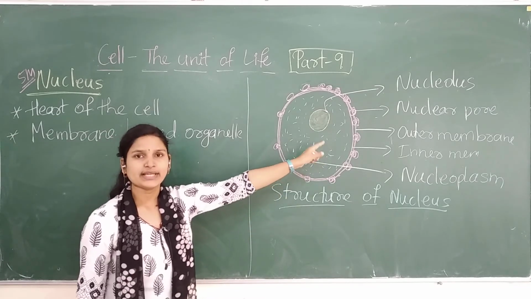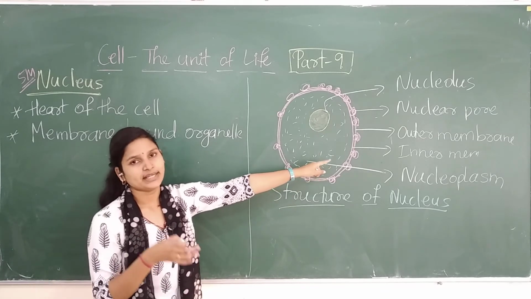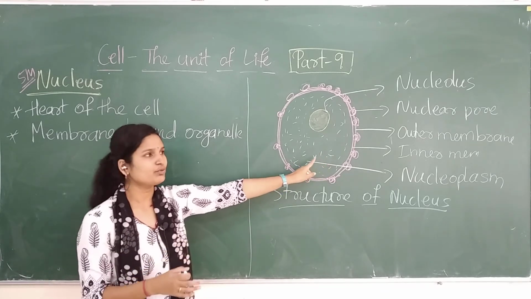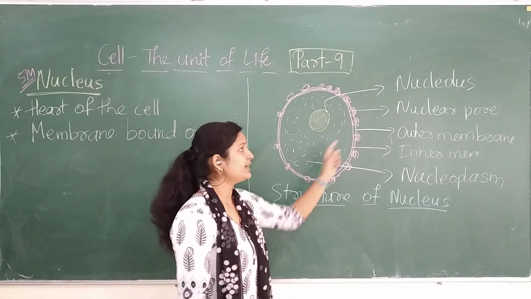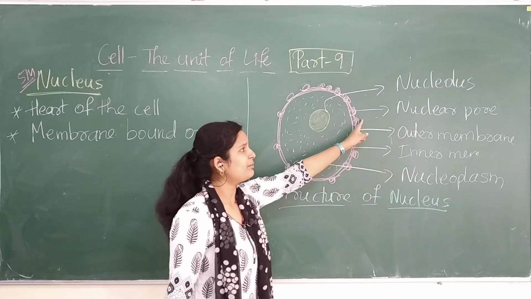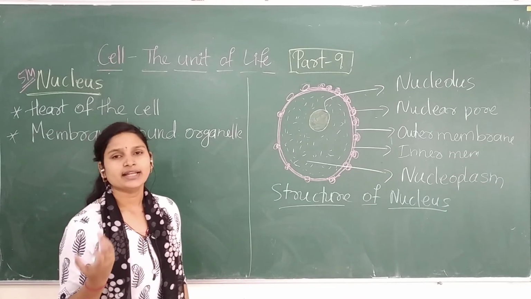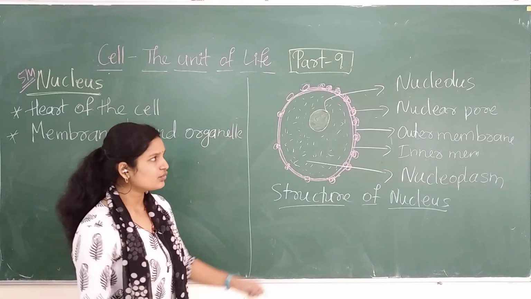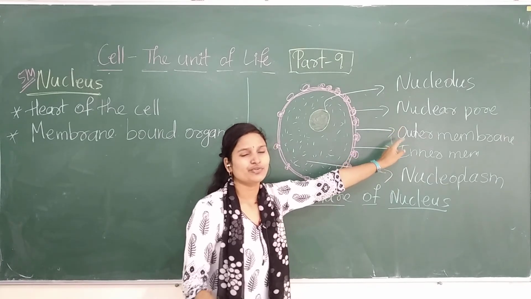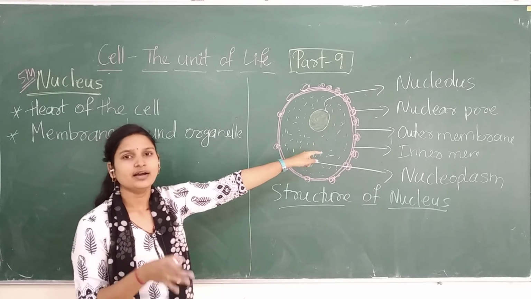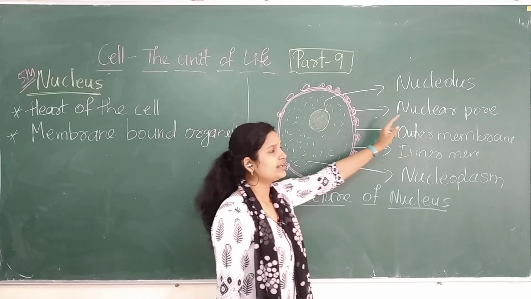For the coming out of those mRNAs, there will be a space, which is nothing but your nuclear pore. Through this, the necessary proteins come inside the nucleus, or after replication, if something needs to be exported out, then with the help of the nuclear pore, structures like mRNA and rRNA come out. It is the nuclear pore which acts as a gate for the exchange of the RNAs. That's why the nuclear pore is formed.